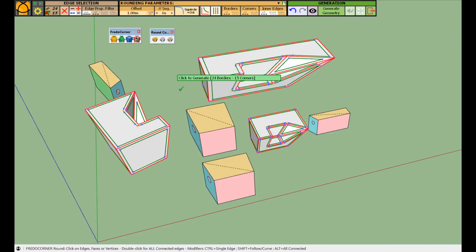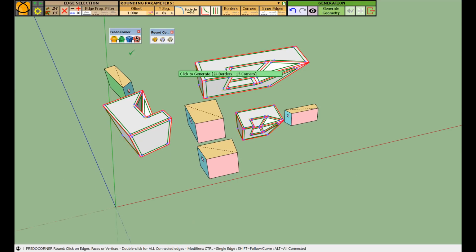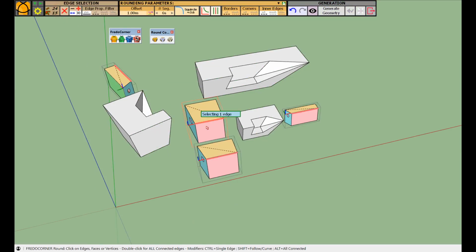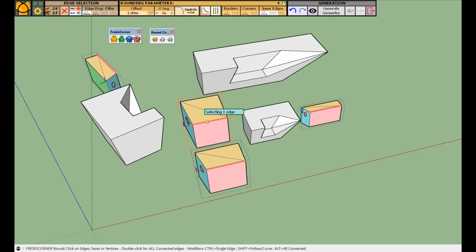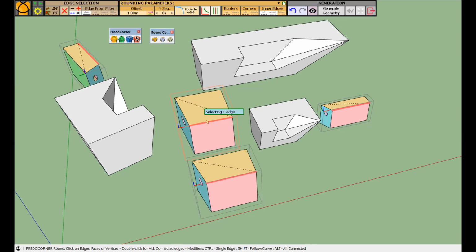So it does matter which instance you choose as a reference, because the offset is given in world coordinates. So which means at the top model.